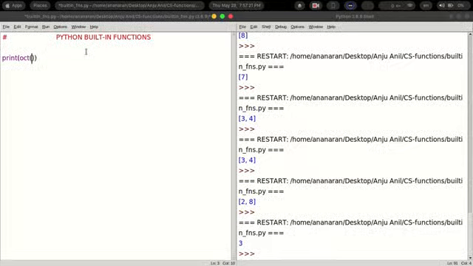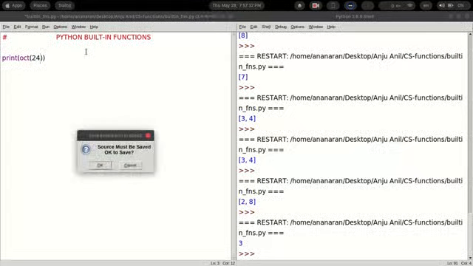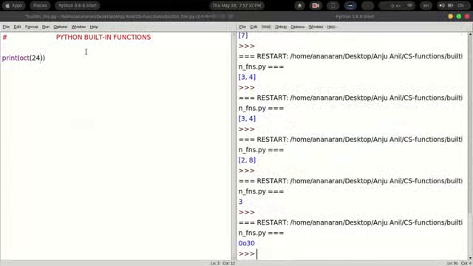Suppose I make use of the number 24, the octal of the number 24 will be 0o30. That means it will return the octal string for the given number.